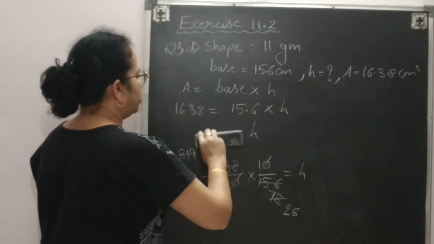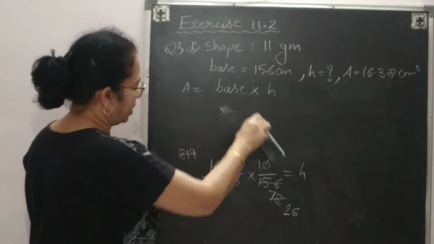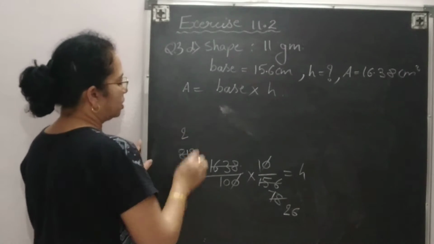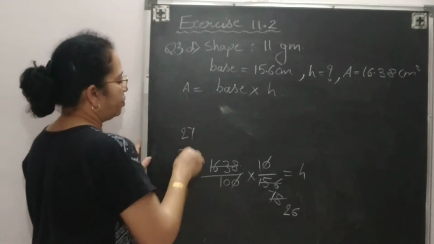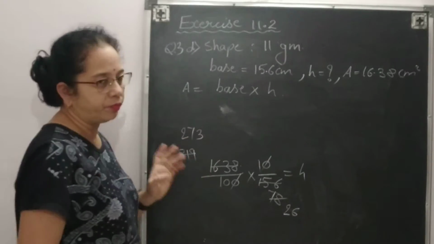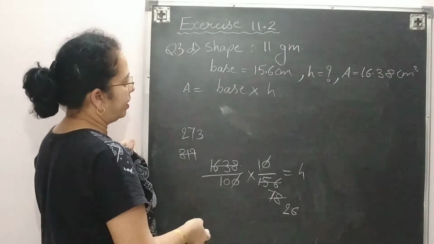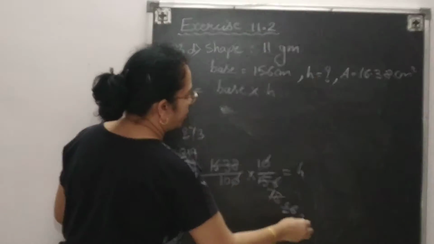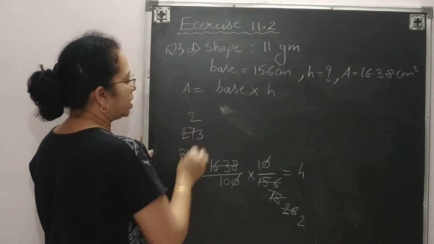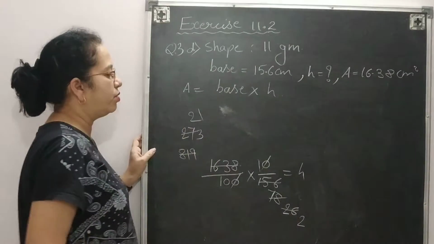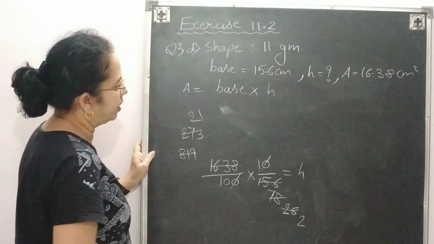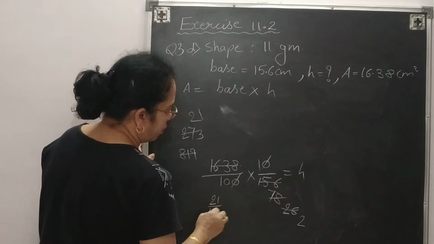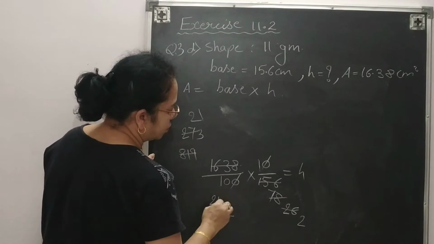Let me rub this so that easily you can see this calculation. So now I am dividing by 3. So 3 2s are 6, 3 7s are 21, 3 3s are 9. Now let us see divided by 13 because 26 comes in 13. So 13 2s are 26, 13 2s are 26, 1 is left, so again 1. So 21 upon 10. So which numbers are left now? 21 upon 10, and here 2 is also there.